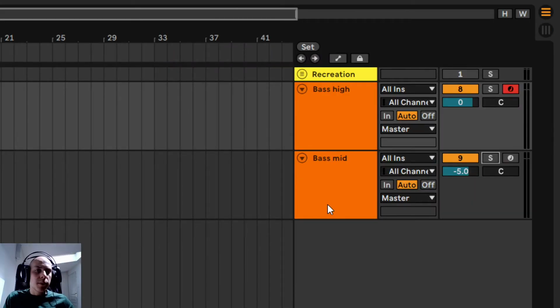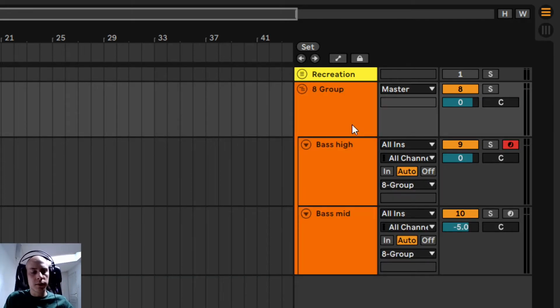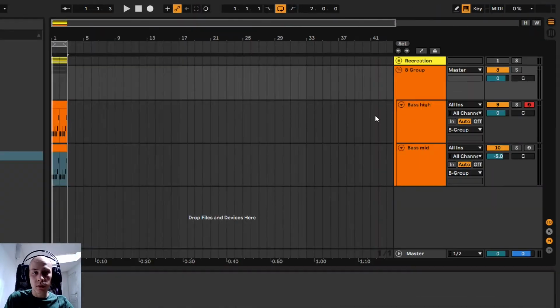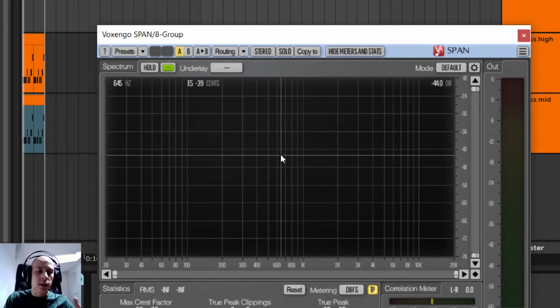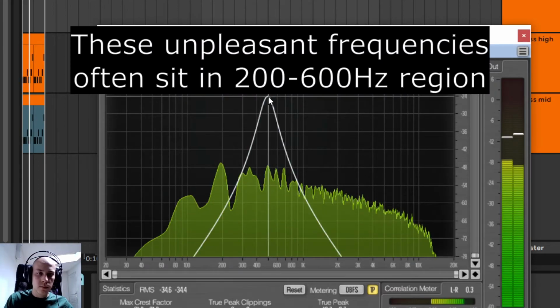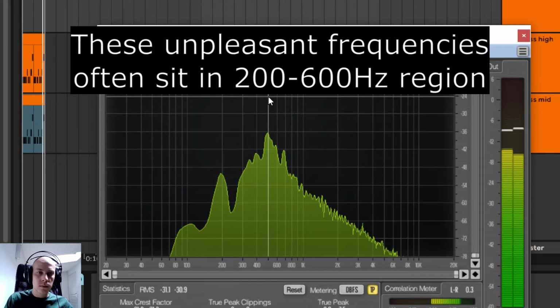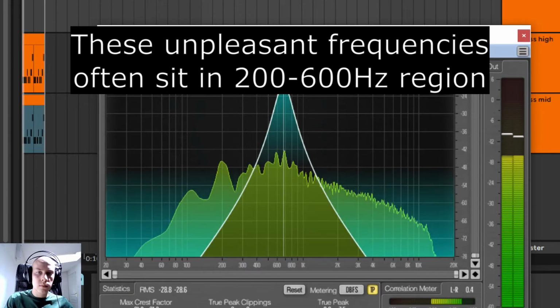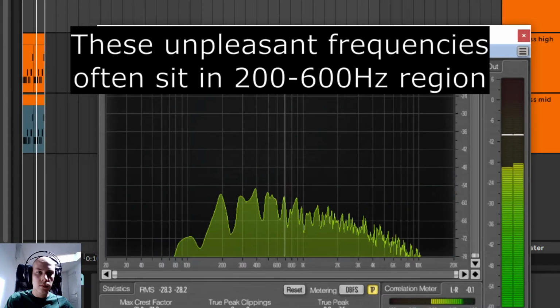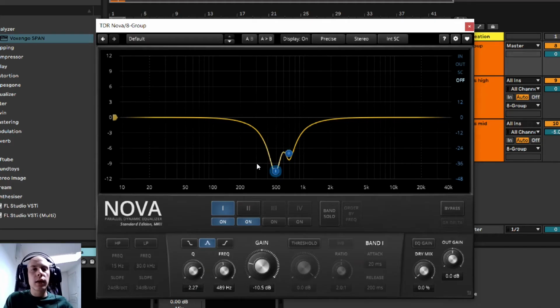Before we create remaining bass layers, I have to use some equalization on both of these bass sounds. I will group these two channels together. In such bass sounds, we will deal with lots of mid frequencies which we might want to cut. This is the equalization curve I will apply to both bass layers.